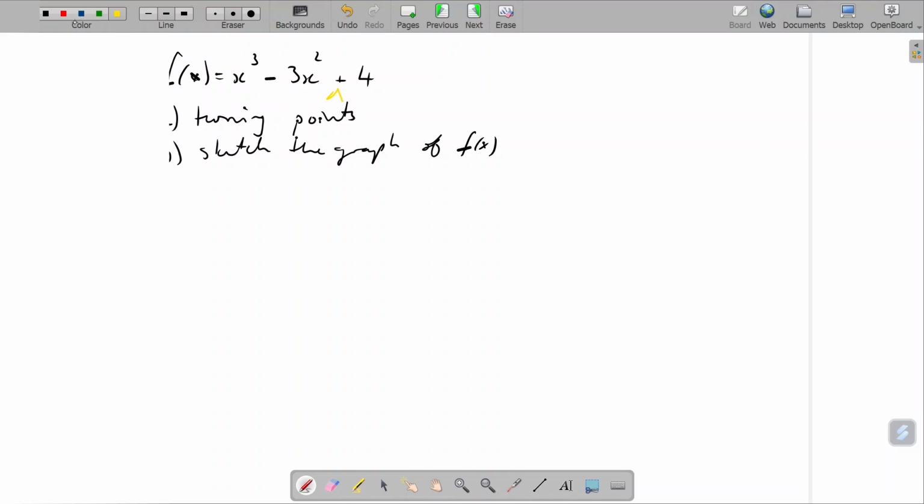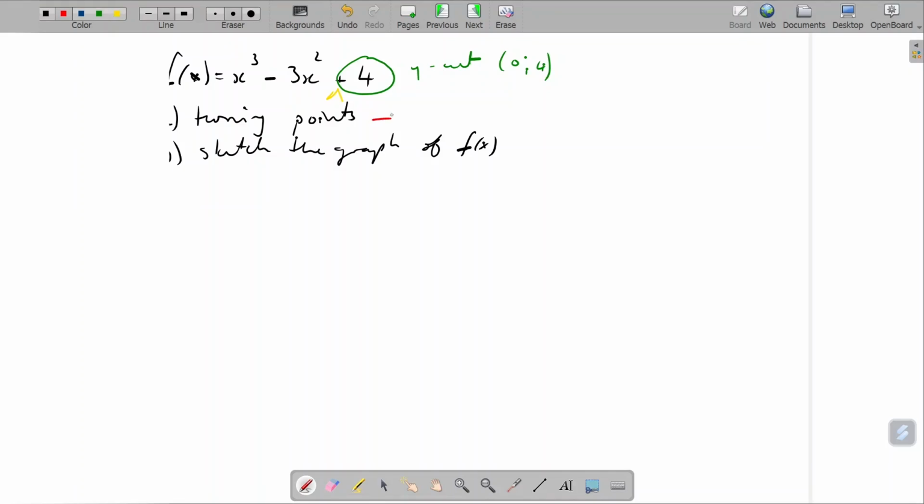What I do know, though, is that the y cut will still be 4. So the y cut will be (0, 4). That is still clear from the fact that 4 is the constant of this function. That is more relevant for question B than it is for question A. So we've spoken about this. Turning points are found by making f prime of x equal to 0. So what I need to do is